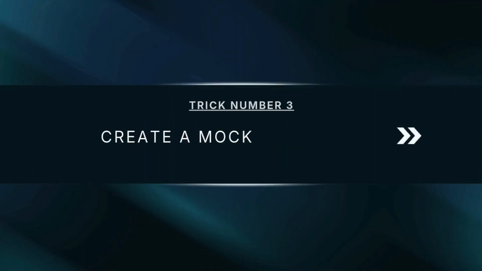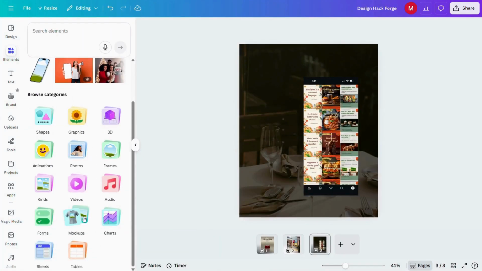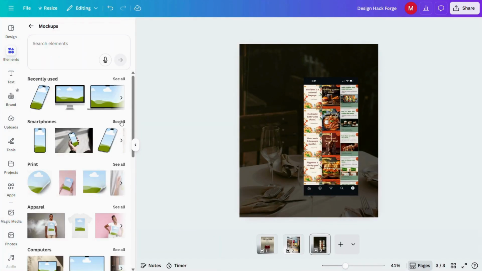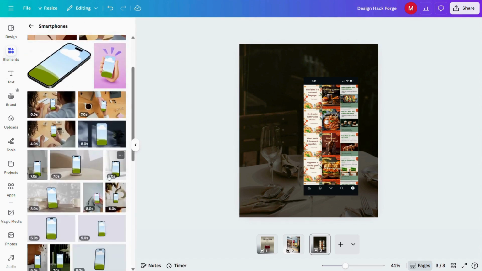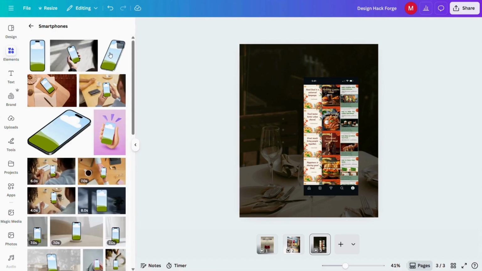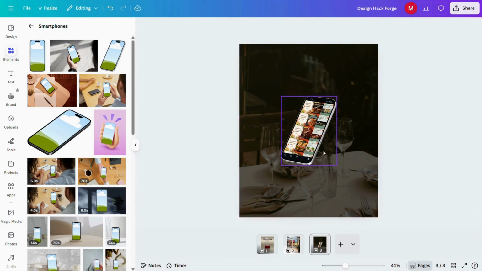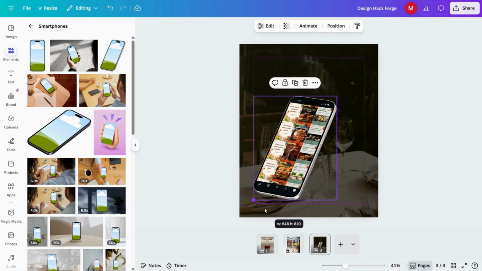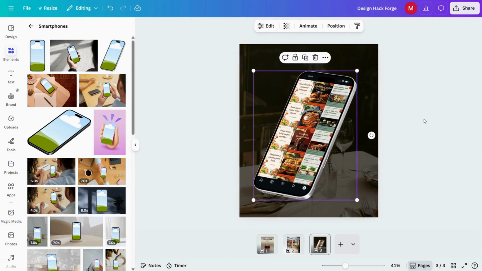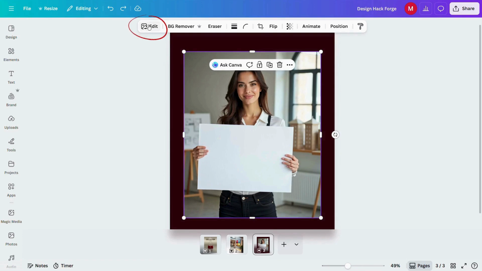Trick number 3, create a mockup template. Canva's built-in mockups are useful, but real client work often requires custom mockups. Using the mockup feature, you can insert designs into Canva's existing mockup library or create your own mockup templates from real photos. Easy from Canva's library. But secondly, how you can insert any image that you already have into Canva to create a mockup from that